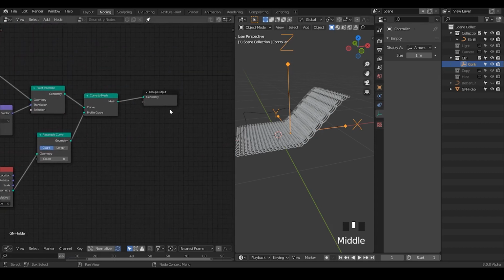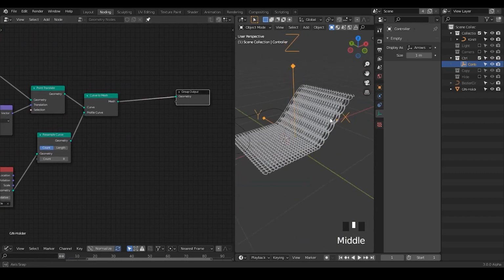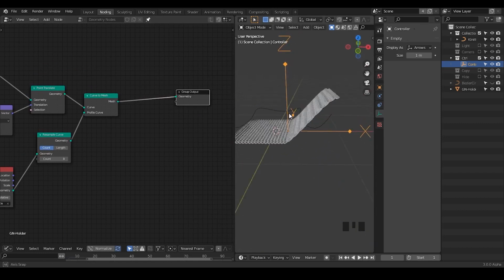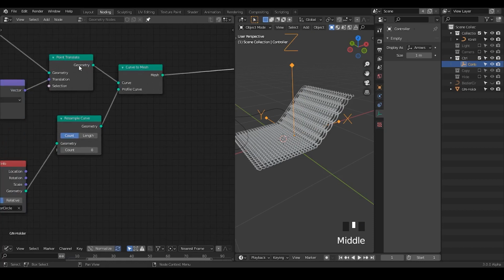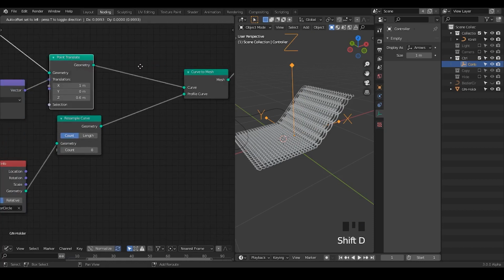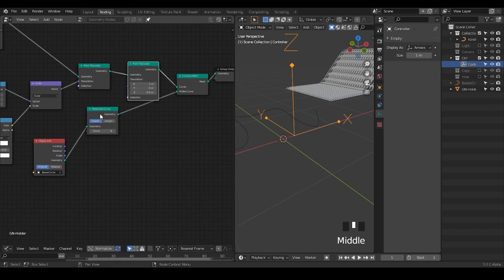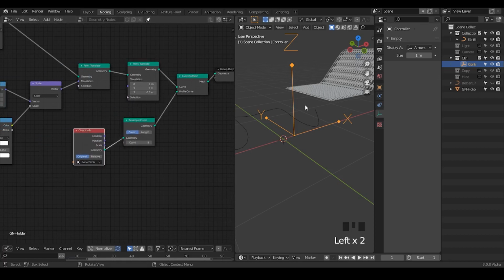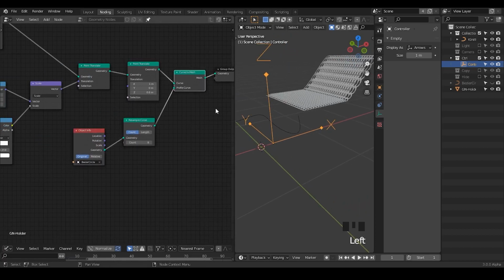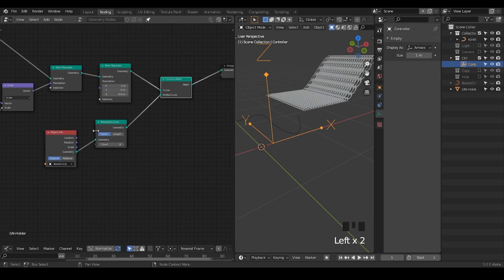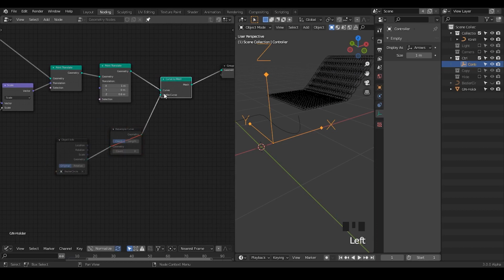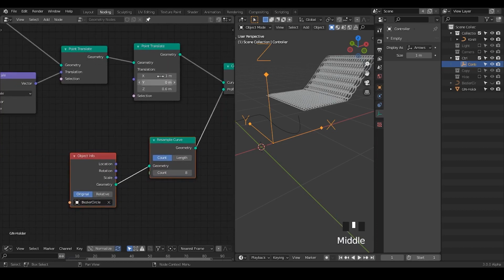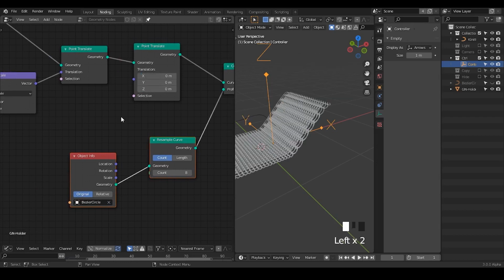So as I said previously, the next step is to add a little bit of noise in this animation. Otherwise, it looks kind of boring. Adding noise is very simple. Again, let's add a point translate, because you realize we only make the thickness after this curve to mesh. It would be better if we change things before, so that we have fewer vertices to work with. Okay. So here, in this point translate, we add a little bit